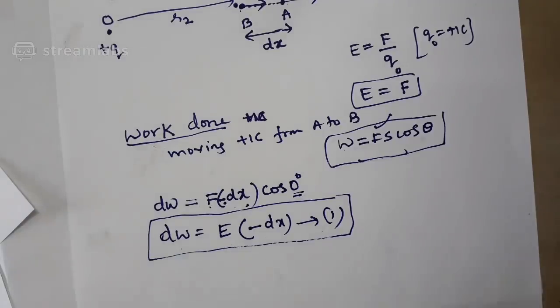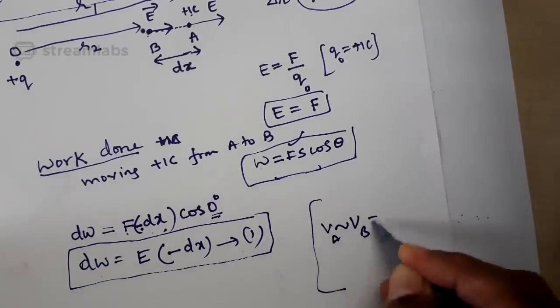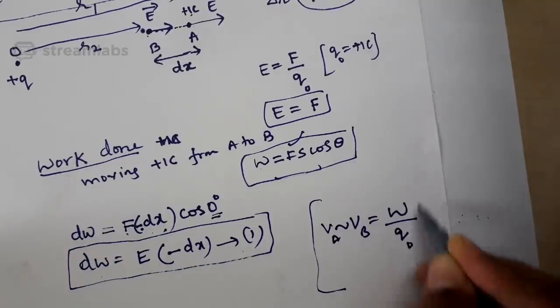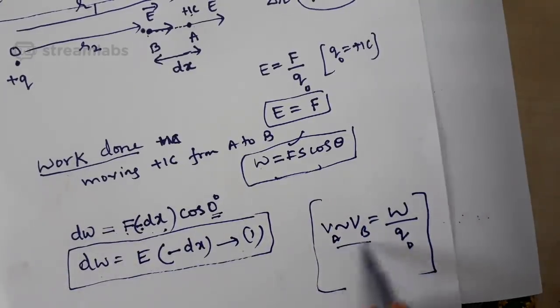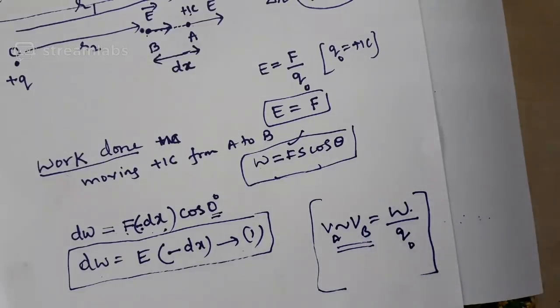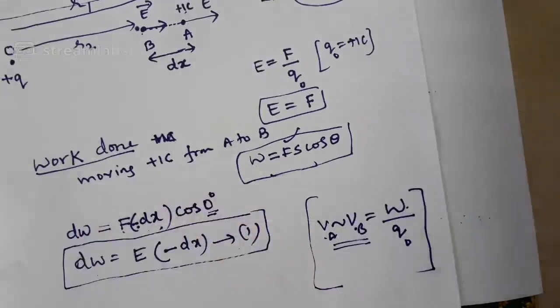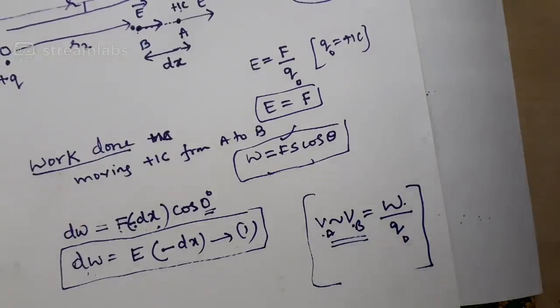Recall the definition of potential difference between two points. How do you define potential difference between two points? Potential difference between two points is defined as the amount of work done in moving a unit positive charge from infinity to a point under consideration against the electric field, correct? That is how you define electric potential at a point. How do you define potential difference between the two points? Amount of work done in moving a unit positive charge from one point to another point against the electric field. If the potentials at A and B were the same, VA minus VB will be 0. That time W will also be 0. There cannot be work done. There is some work done, indicating that there is some potential difference between A and B. Yes or no? Exactly. There is a potential difference between A and B.